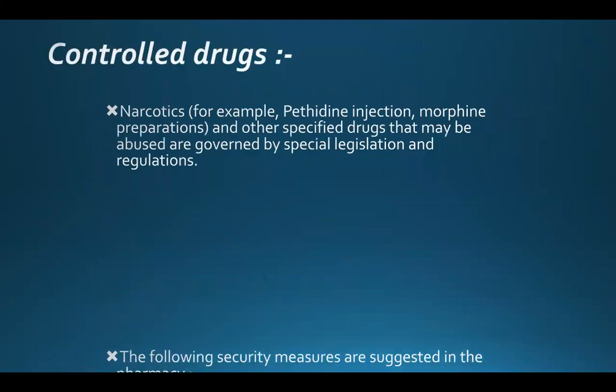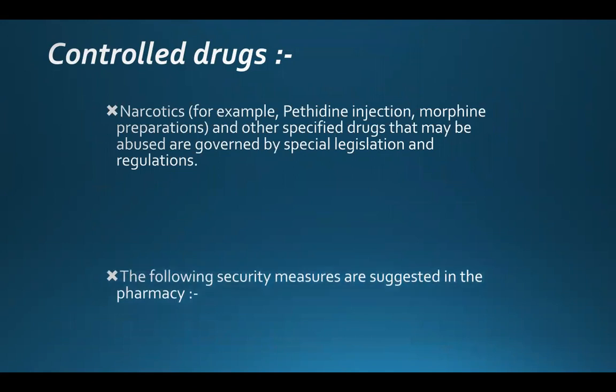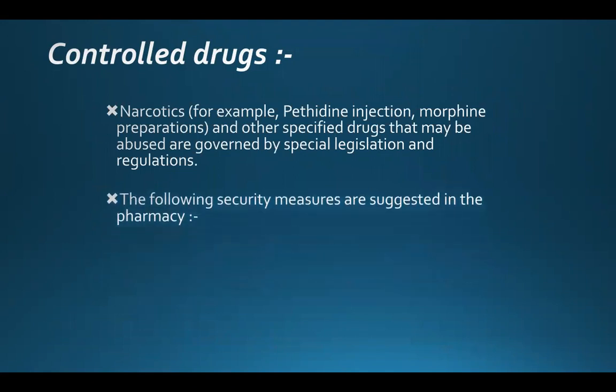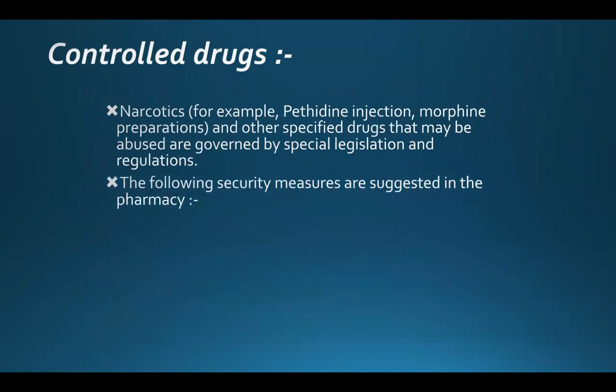Now there are controlled drugs. Which are the controlled drugs? Narcotics. Narcotic drugs are known as controlled drugs. There are many, and there is a list of controlled drugs. Narcotics, for example pethidine injections, morphine preparations, and other special drugs that may be abused are governed by special legislation